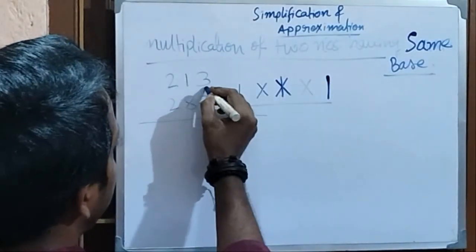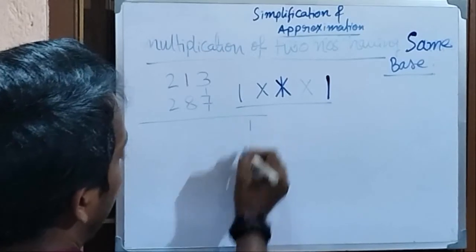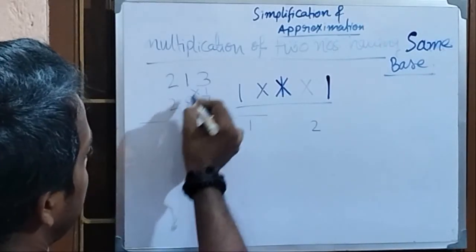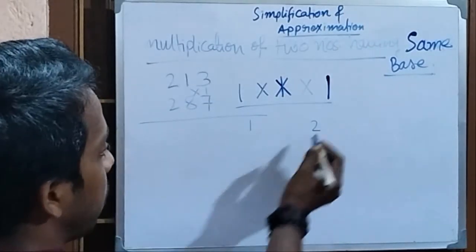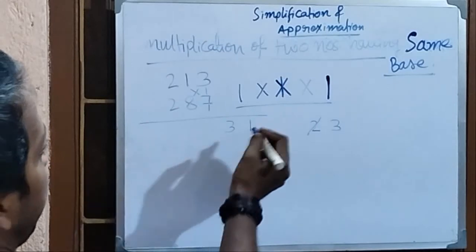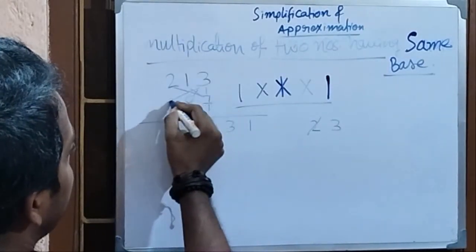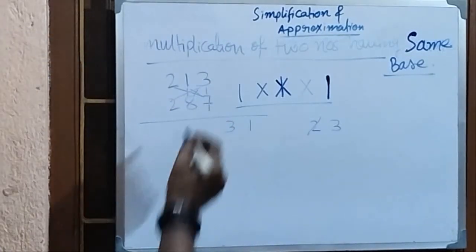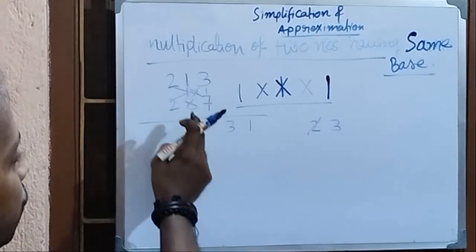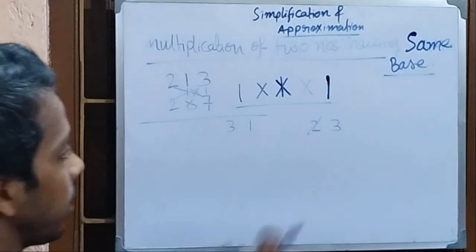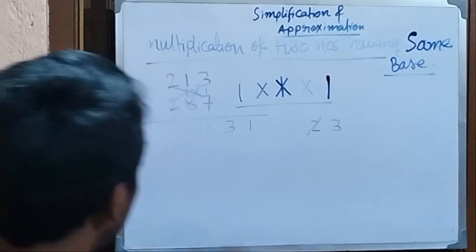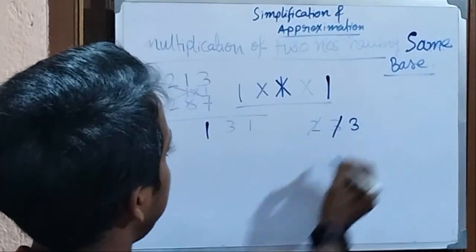Okay, so first straight line, 3 into 7, 21, 2 is in carry, then cross, this cross, right? So 7 into 1, 7, 3 into 8, 24, 24 plus 7, 31, 31 plus 2, 33, so 3 is gone here, 3 is in carry, right? Next, move to this part. So 7 into 2, 14, plus 3 into 6, 18, means 32, 32 plus 8 into 1, 8, 40, 40 plus 3, 43. 3 is here, and again 4 carry.